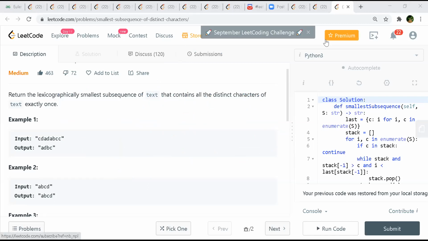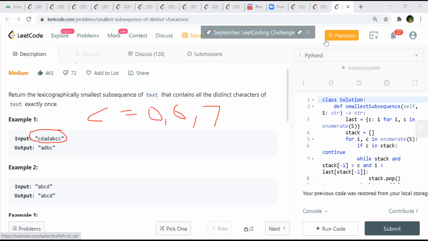Okay, so I'm thinking of first keeping the count of all the indices of a particular character. So considering this string, for C it would be 0, 6 and 7.